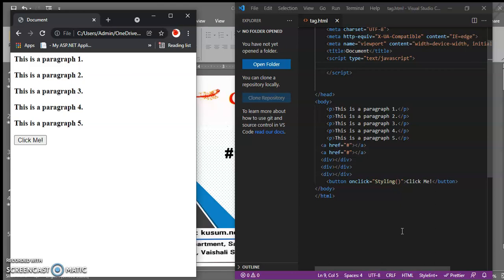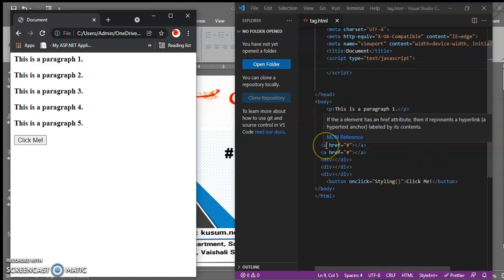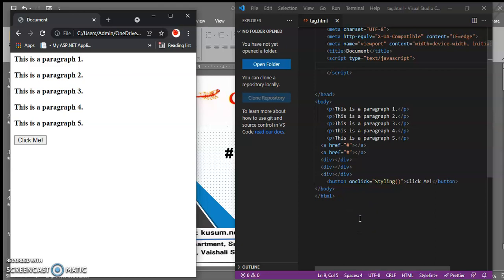So today we will see, if we have similar tags or the same type of tags more than one time, say 100 tags, then what will you do? For every tag you will provide an ID? No. So there is one solution. In place of getElementById, you will use getElementsByTagName.